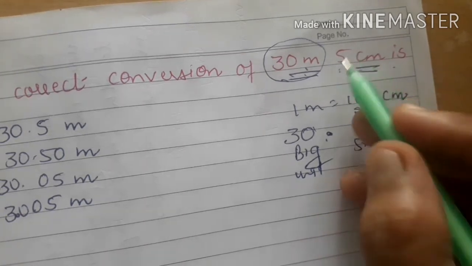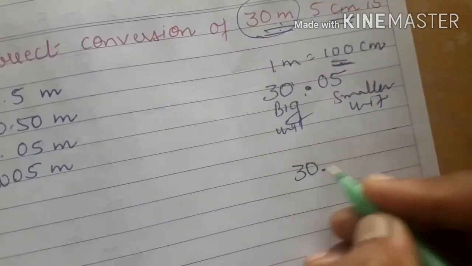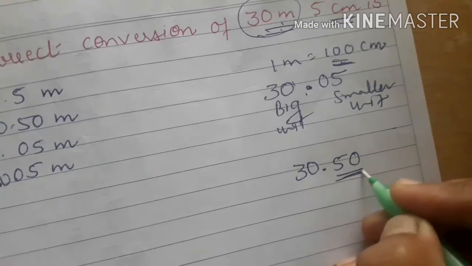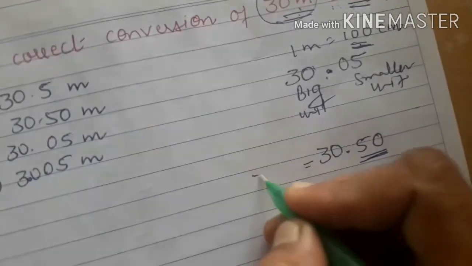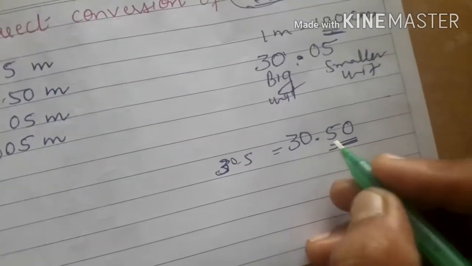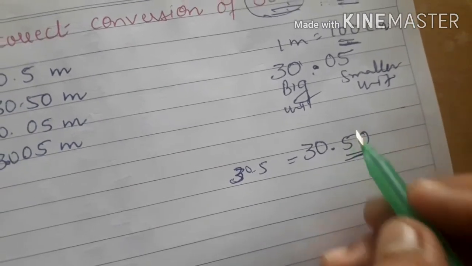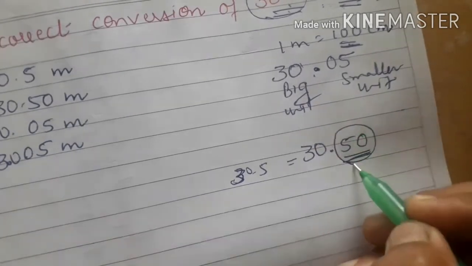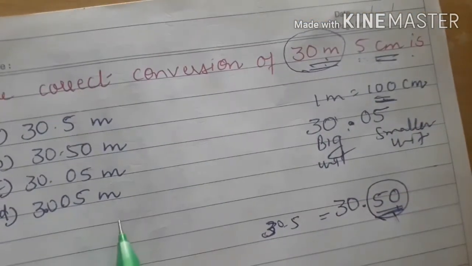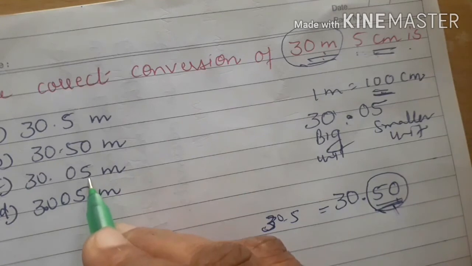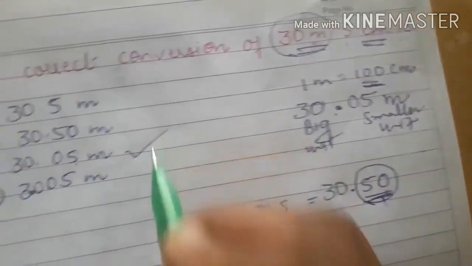Okay, so how can I write 5 in 2 decimal places? That is 05. Don't write it as 30.5. When you write this one, it means, and again I explained that 30.5 is one and the same as 30.50 or 30.500 and so on. Okay, so this can be read as 50 centimeter. It's not 50 centimeter, it's only 5 centimeter. So which is the correct option? 30.05. And you know that the bigger unit has to be written here. So this is meter. So this is the correct alternative.